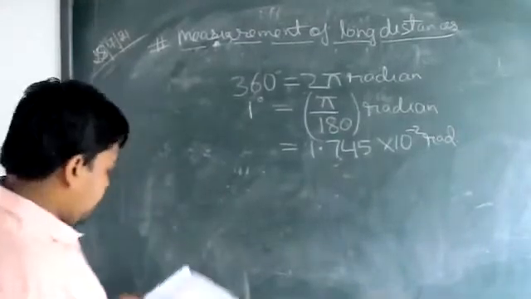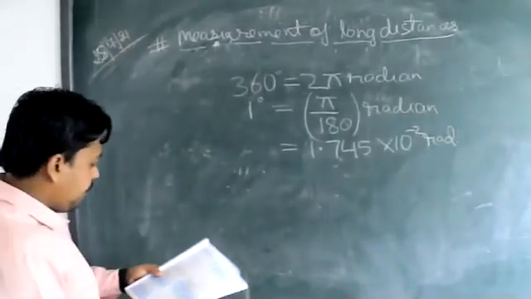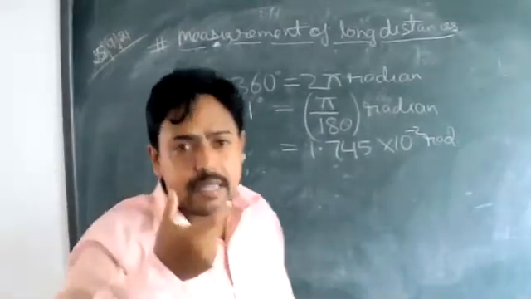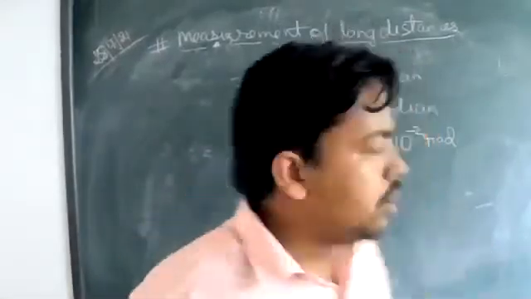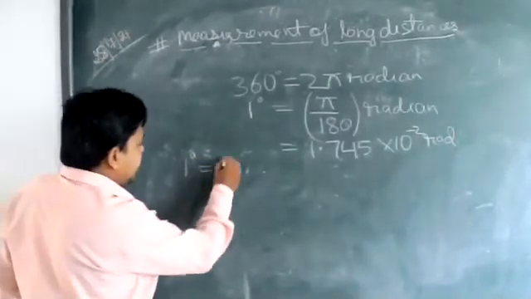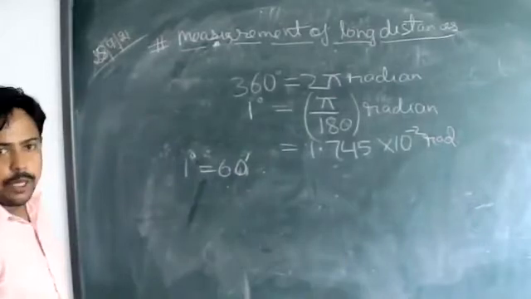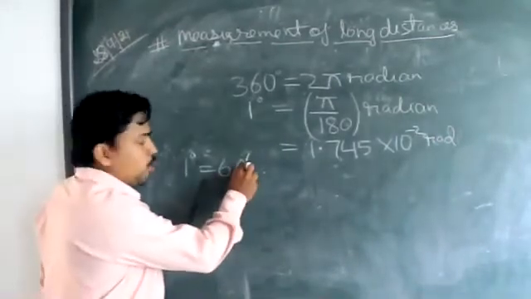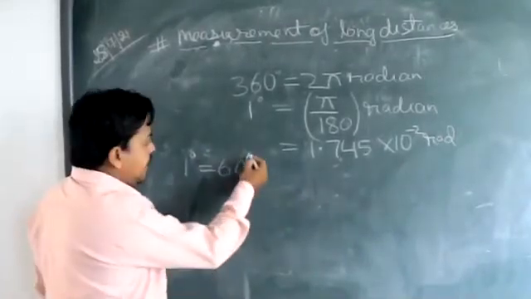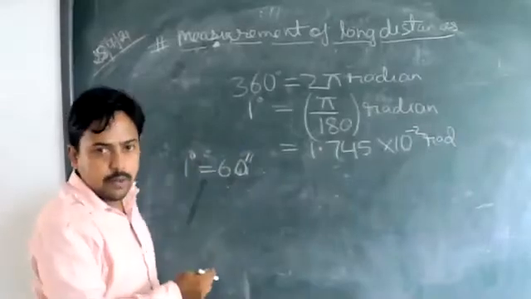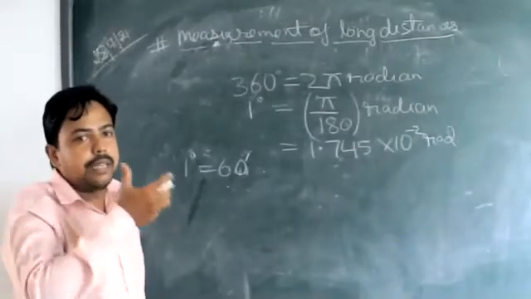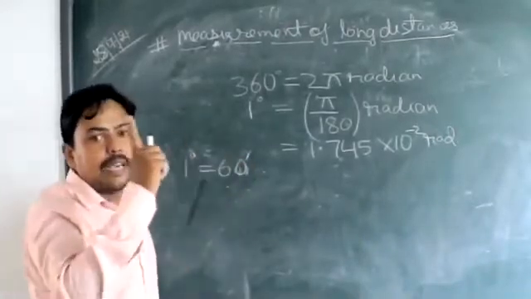Okay. Now, if something is given to you in minutes, what will be the value? You need to note down how many minutes there are in 1 degree. It is a standard value that in 1 degree there are 60 minutes. Since I am showing minutes, I put one line on this 60. If I were talking about seconds, we would put 2 lines instead. So this is the representation of minutes: any quantity in minutes has only one dash.